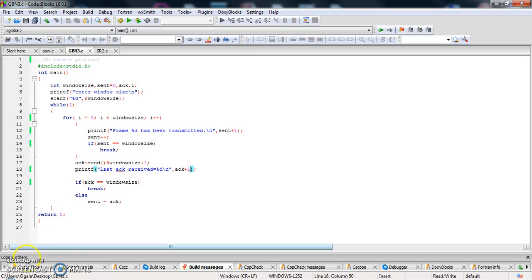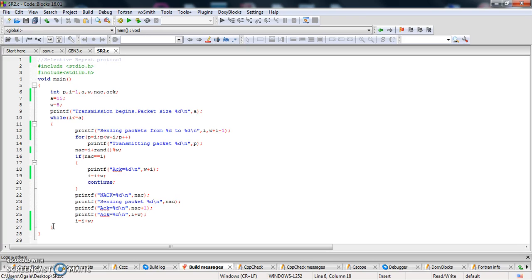Now, let's move to the next protocol, that is selective repeat. In this protocol, suppose we have window size of 5. Here we get no acknowledgement of some of the packets. Suppose we get no acknowledgement of 3, then we have to send third packet. No acknowledgement of 3 means received second packet, but we have to resend third. Now in this program